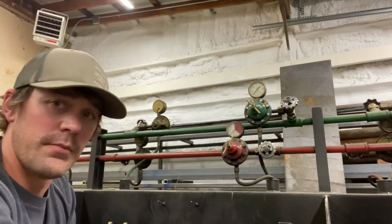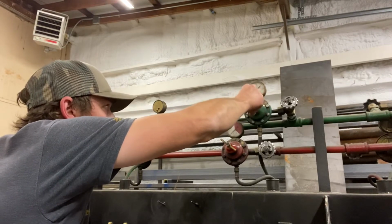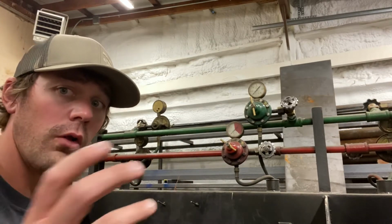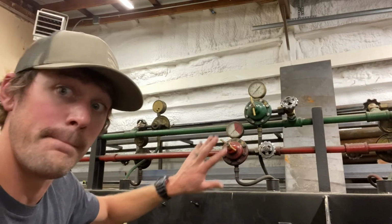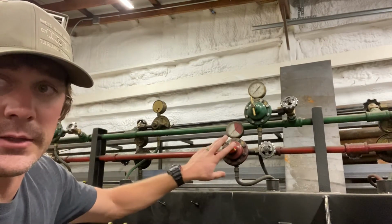From there, make sure that your valves on your torch handle are closed, and you can then back off the regulator. When I say backing off the regulator, that means you are not backing the tension screws all the way out of the regulators. You do not want to undo the tension screws all the way out of the regulators, to prevent any kind of damage to your regulators and to spare yourself the trouble of having to put the tension screws back. A few simple turns relieving the tension from the tension screws is all that you're going to need. From there, the lines are bled, the tension screws are relieved, the valves are closed. You have successfully shut down your